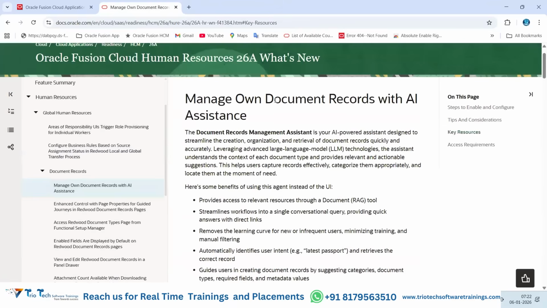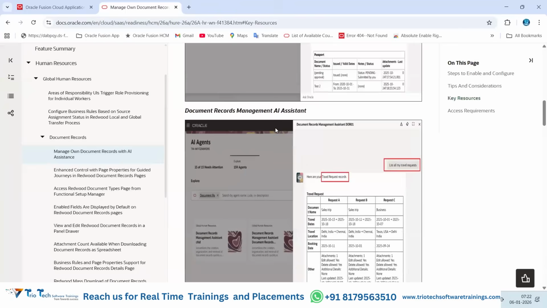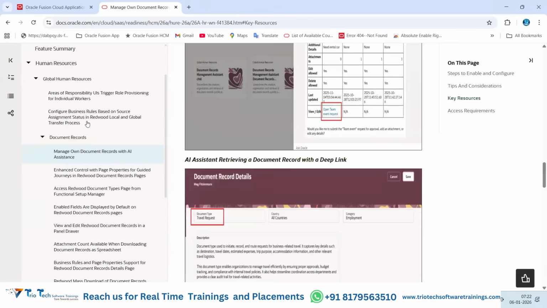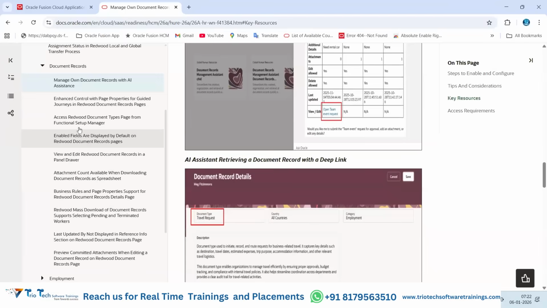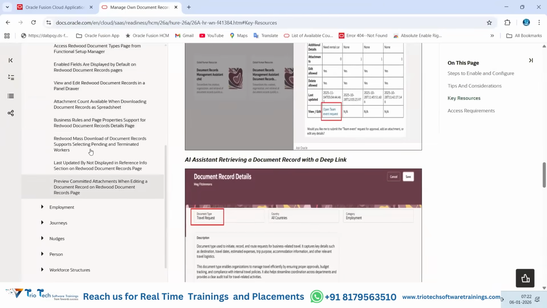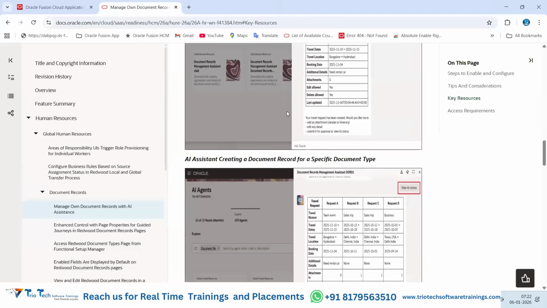So you have a document of records concept in the core HR module. We have AI assistants coming in that, team. So what is that AI assistance? How will the impact be? With screenshots and navigation of that system, it will give us clear information. So these are some of the new enhancements or functionalities Oracle is bringing in the core HR module. Then